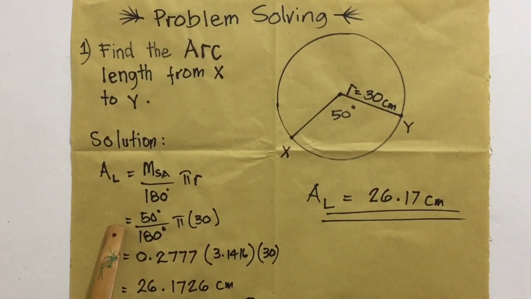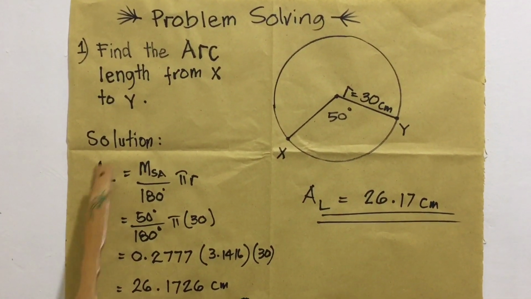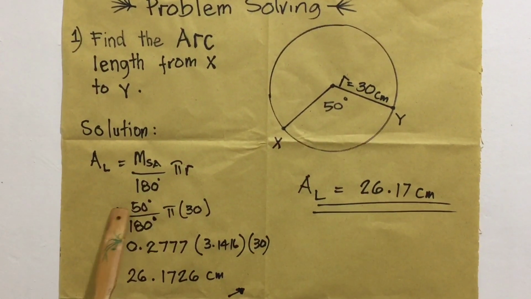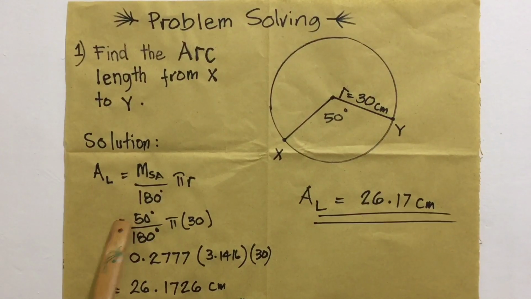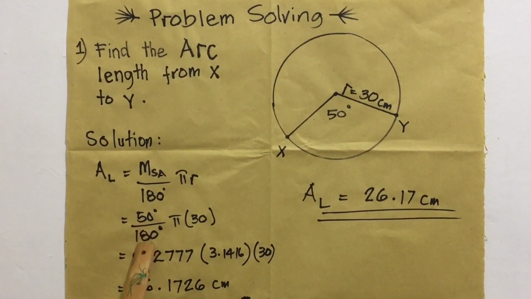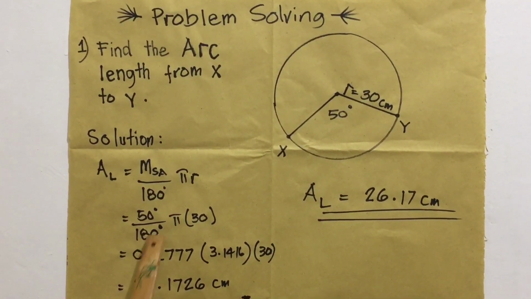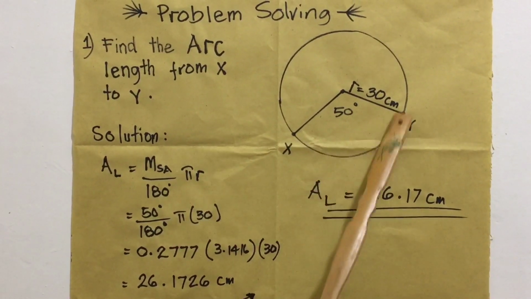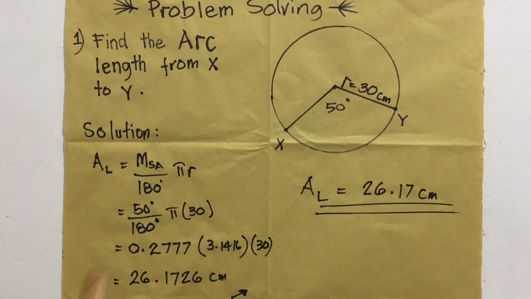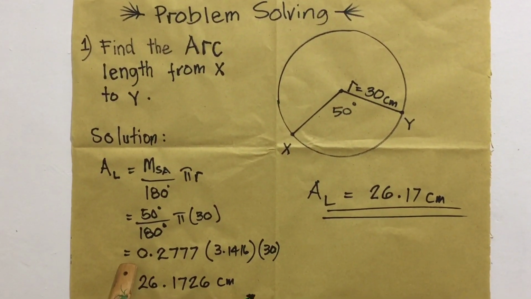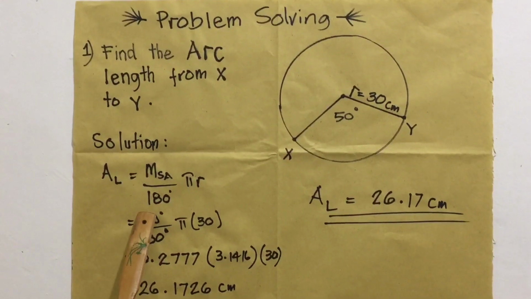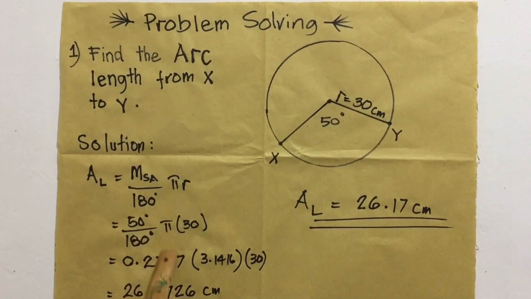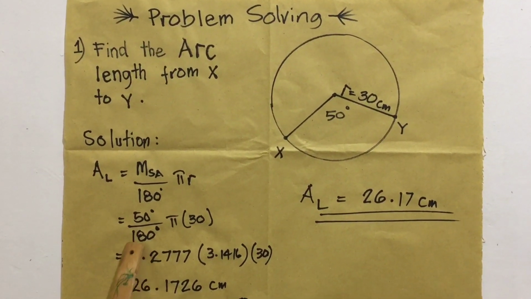So the next step, we're going to substitute the MSA or the subtended angle measurement, which is 50 degrees. So we have now here 50 degrees, substitute. Then over 180 degrees, just copy. Then copy pi, and the radius now substitute or replace by 30 centimeter. Then the next step is divide 50 degrees divided by 180 degrees. So degree divided by degree, no more. So 50 divided by 180, the result is